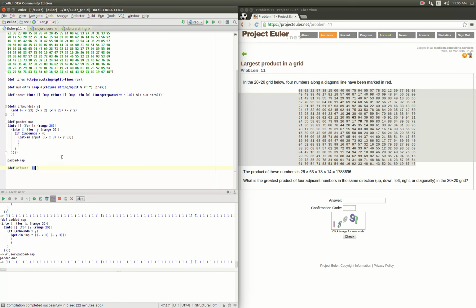It'll be a vector of vectors, and it'll be 0, 0, dx, dy, 0, 0, and then we'll do 1 and 1, and then 2 and 2, and say 3 and 3. So that is diagonal to the right and down. Okay, so now we can say